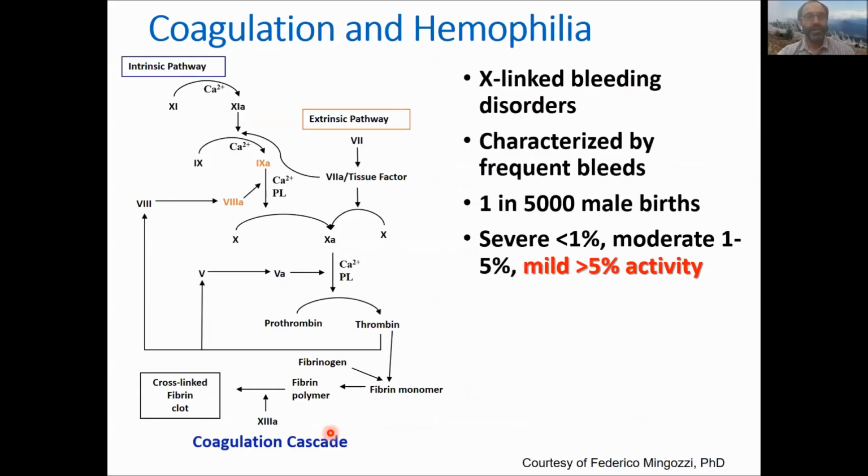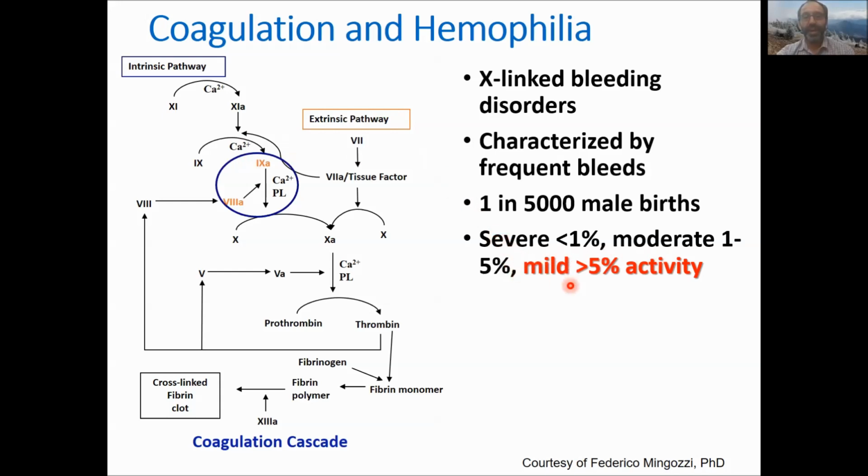Here is the coagulation cascade, the intrinsic pathway, extrinsic pathway. You can see how factor 8 and factor 9 are central here. Factor 8 is deficient in hemophilia A, factor 9 in hemophilia B. Both are X-linked recessive, and so about 1 in 5,000 males have hemophilia at birth. And then importantly, there's a